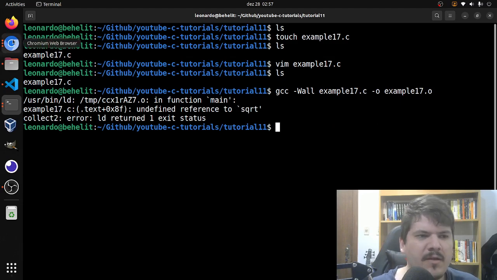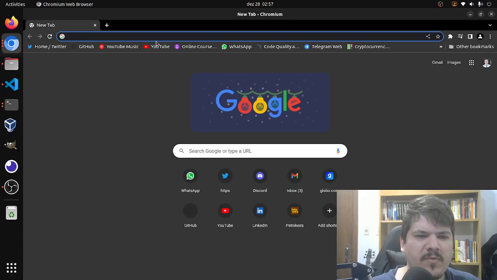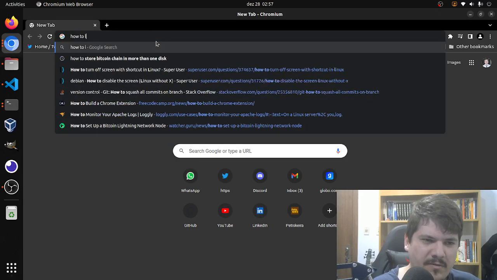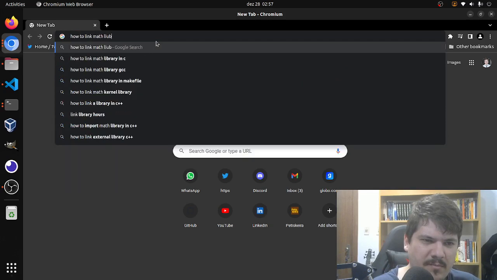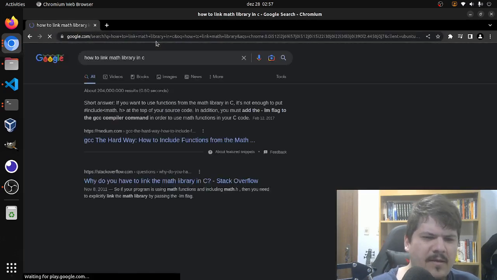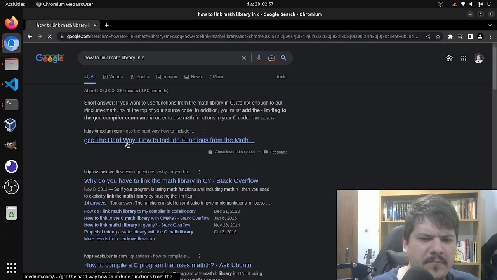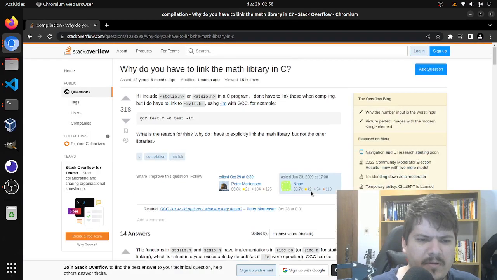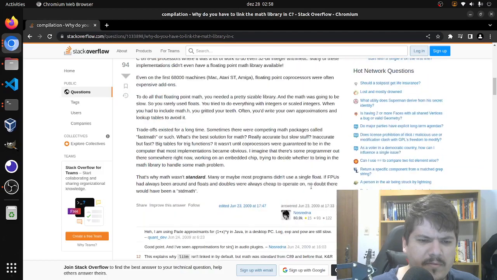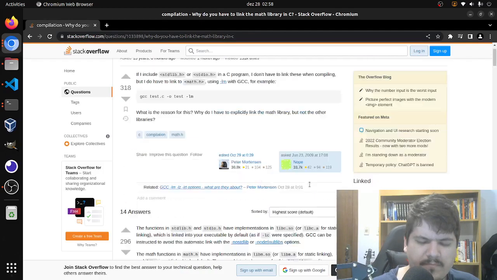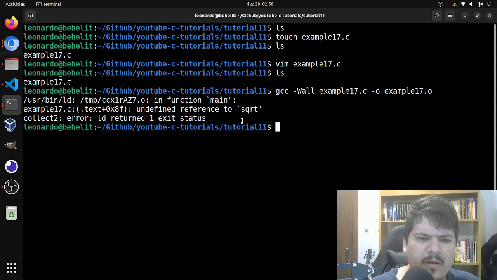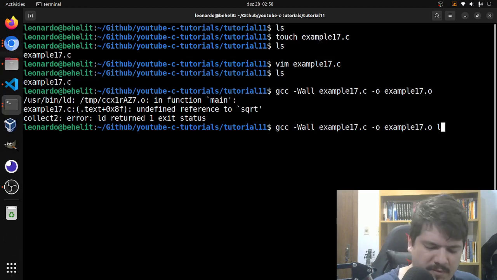Okay, I'm not really sure how to do that by heart. How to link the math library in C. Okay, and then you have to pass some arguments. So we just have to pass this -lm,